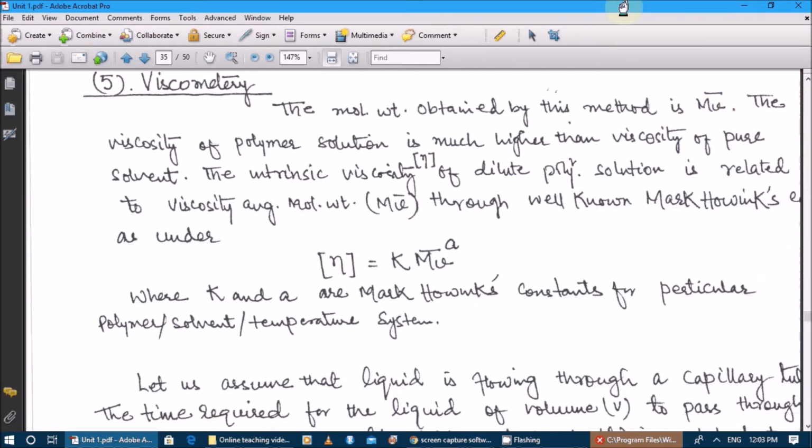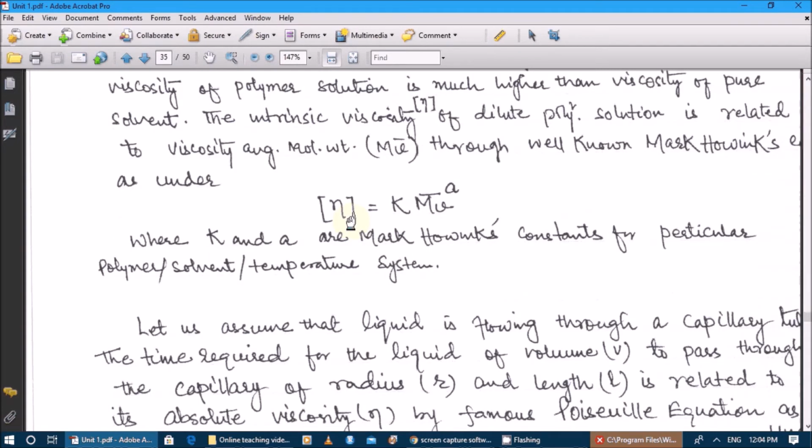Now the viscosity of the polymer solution is much higher than the viscosity of the pure solvent. This we all know. The intrinsic viscosity, represented as eta inside bracket, of the dilute polymer solution is related to the viscosity average molecular weight, Mv bar, through the well-known Mark-Houwink equation given as under, where eta is equal to K Mv bar to the power a, where K and a are the Mark-Houwink constants for a particular polymer, solvent and